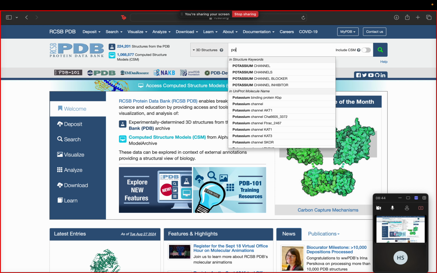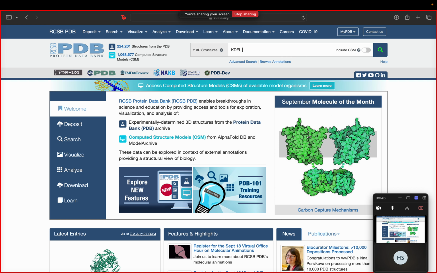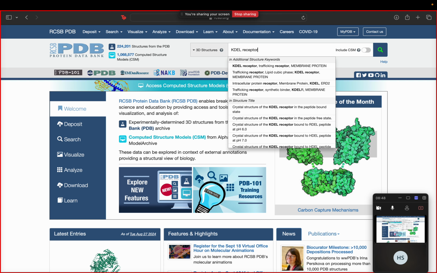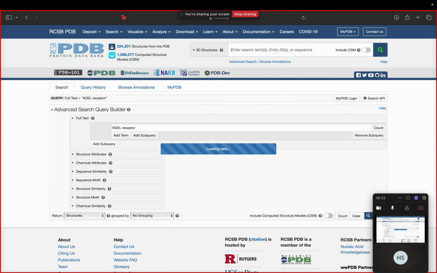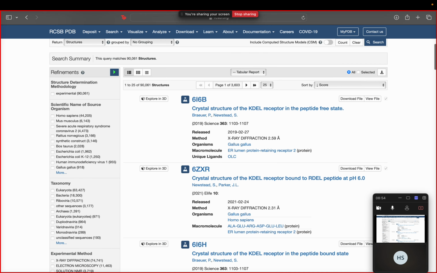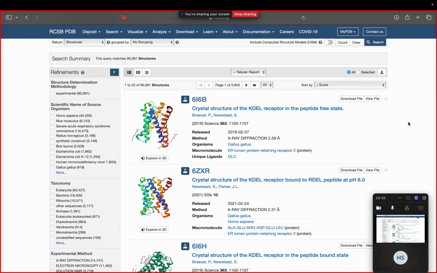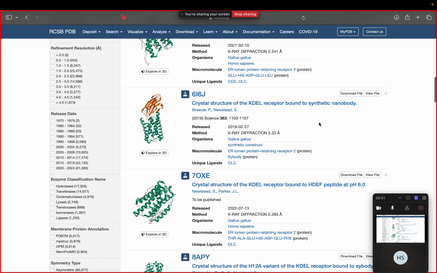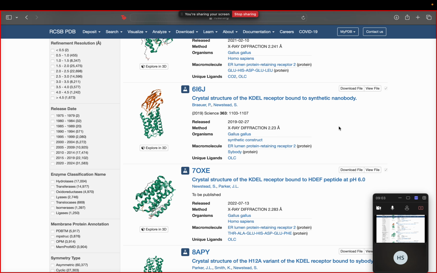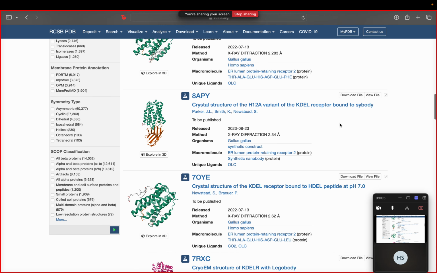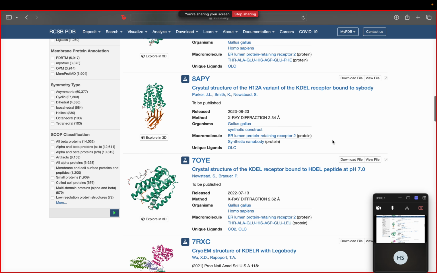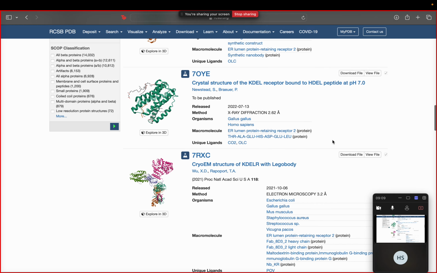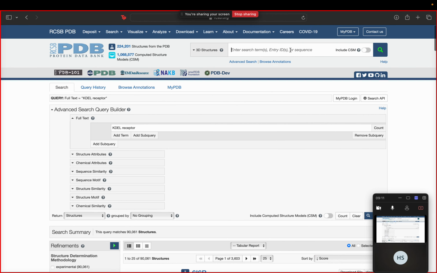Okay, we have this. I want to explore the membrane protein aspect of this, and whatever other structural features. Okay, we can go with